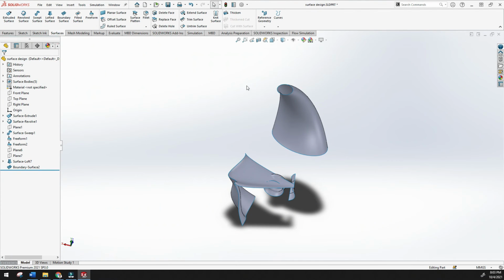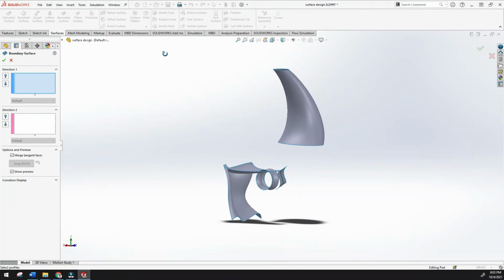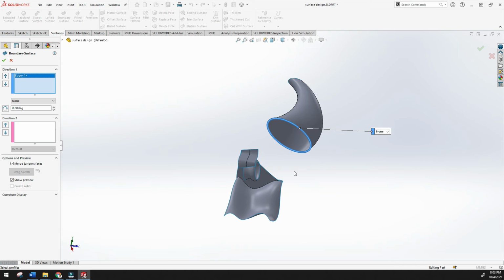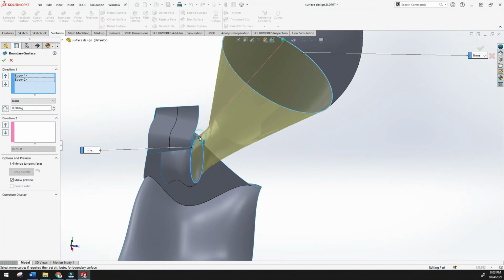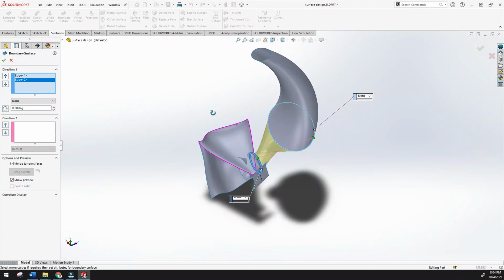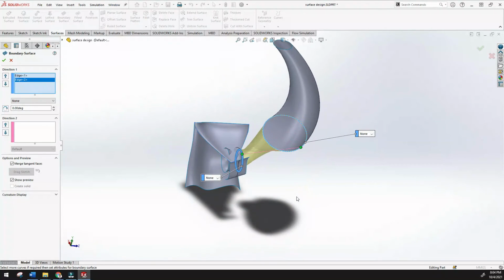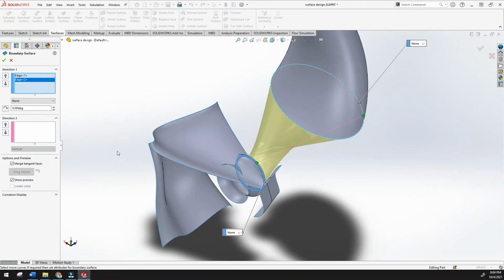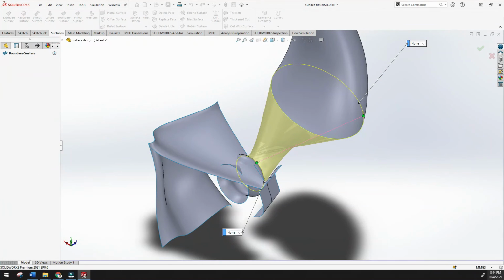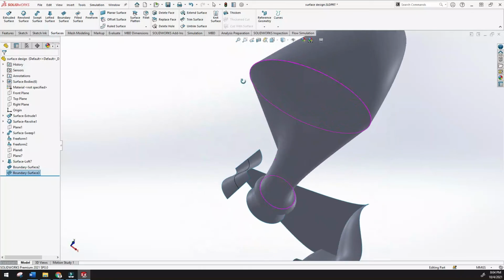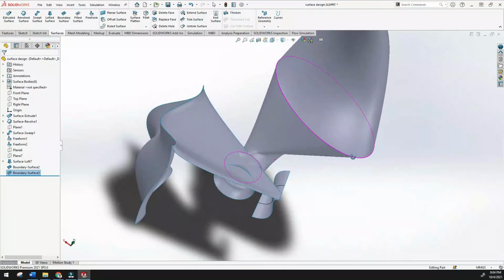Like again, I want to use the boundary surface. Okay, and I want to click this and this surface, and see, by using this surface, these two circular profiles are connected. But I can see there is some twisting here, right? So let's try to just connect this. Whatever it is now, the surface is created very easily.